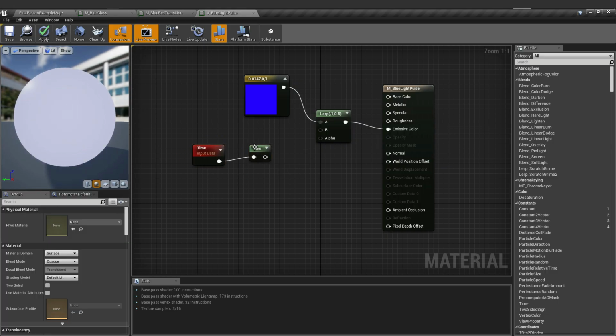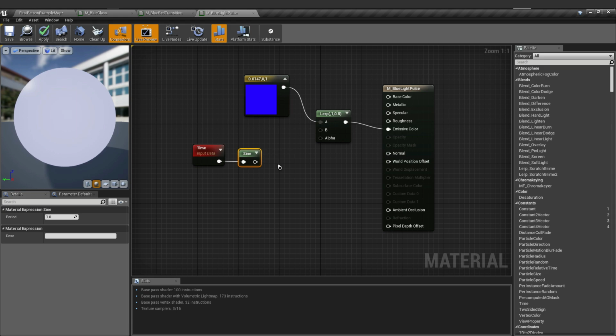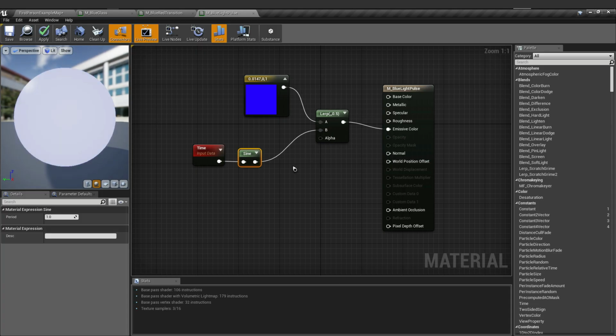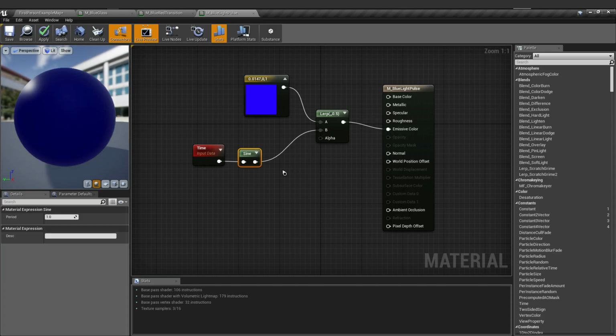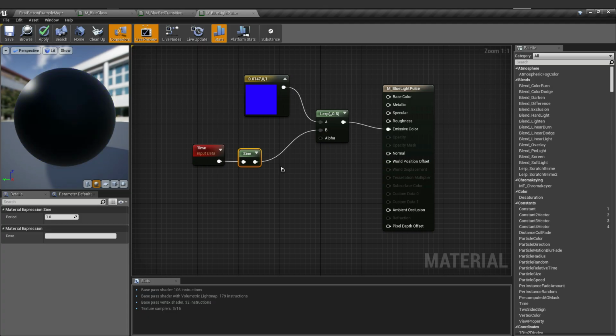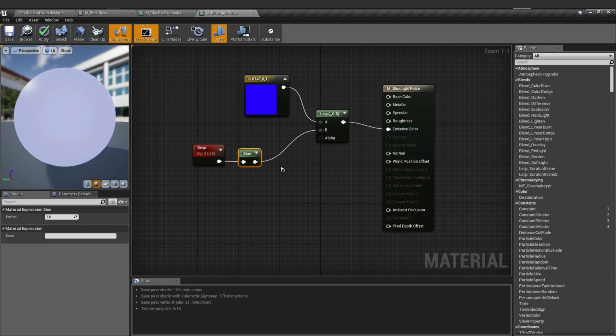So let's check the transition of our material. So let's connect this sine in B. And as you can see, the material is pulsing in a blue light.